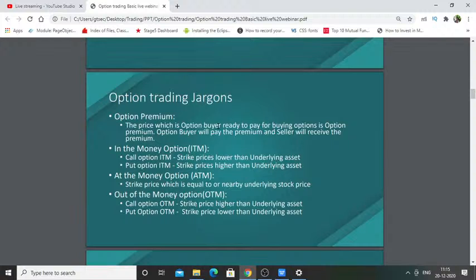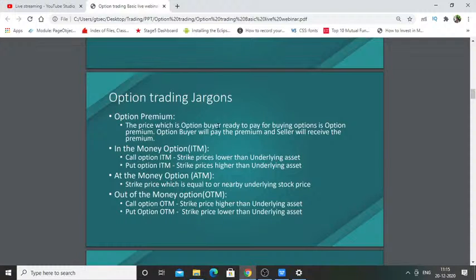If the stock price is moving 1 rupee on the upside, let's say for example the stock price is 100 rupees, and if you look at the option premium for the 100 strike price call option, it will be somewhere around 5 rupees or 10 rupees. As per the multiple scenarios, the option premiums will be there. An option premium is nothing but the price at which the buyer and seller are ready to do the trade for the particular strike price.